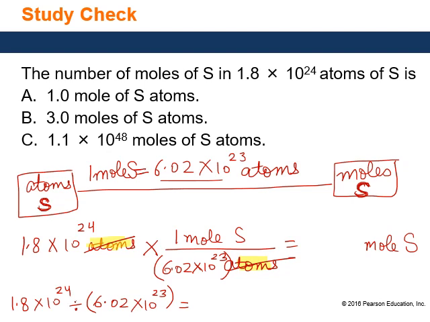Why? Because if you do not include parentheses, your calculator will first multiply by 6.02, divide by 6.02, and then multiply by 10 raised to power 23 instead of dividing by the whole thing. So if you're using these exponents in multiplication or division, one suggestion is to include them in parentheses. If you plug this into the calculator, the correct answer should be 3.0 moles